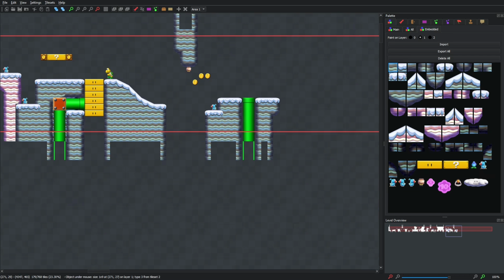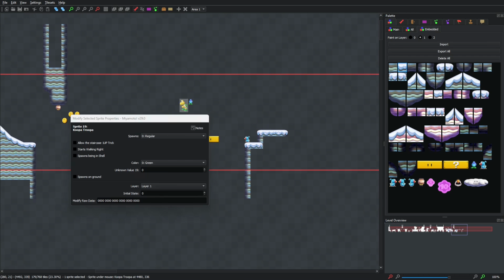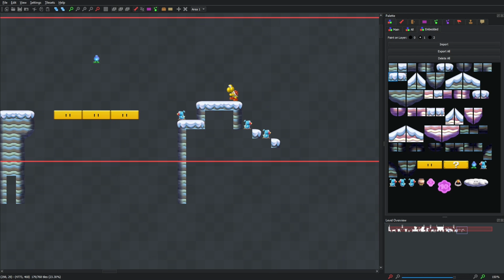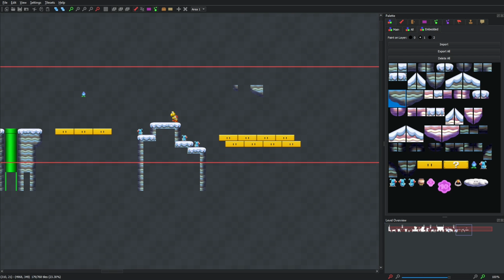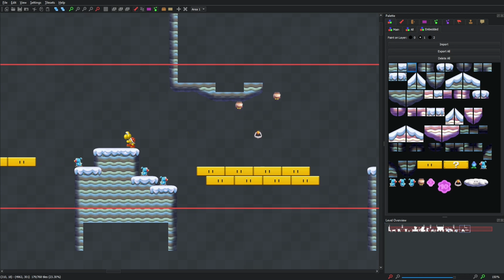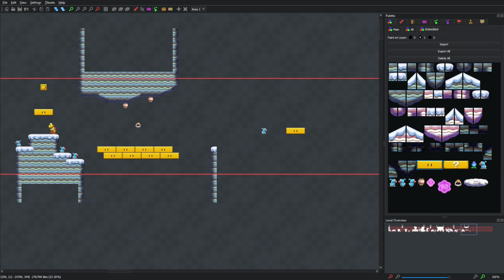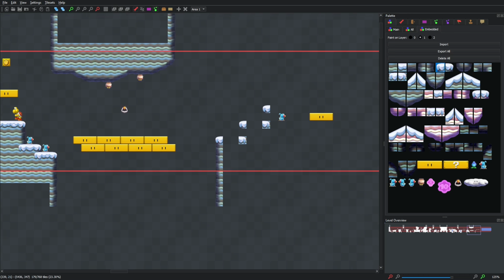As for the end of the main part of the level, I just decided to keep reinforcing the whole blue bird flip block gimmick by forcing the player to sort of wait around on the blocks for a while. In this first section here, I did that by putting one of these small wonder flowers up here that would spawn some coins, and later on in the final section, I put one of those pull tabs on the wall that would allow you to get the third big purple coin.